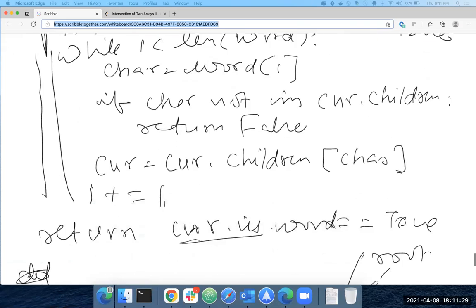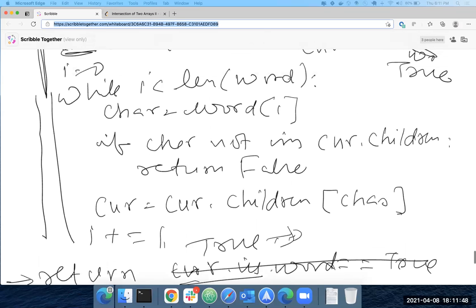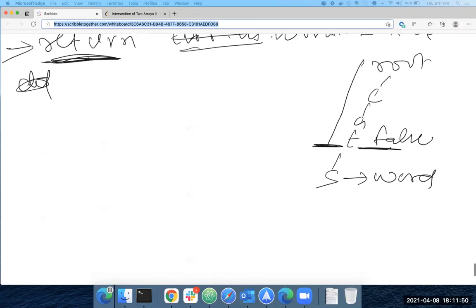Then the only change is here. What will you change here? You wouldn't care about the is word. As long as there is a match, just return true. Exactly. So there'll be a true here. So that is your prefix. Right, Devin? Yep. Okay. So that's a quick refresher for trie.